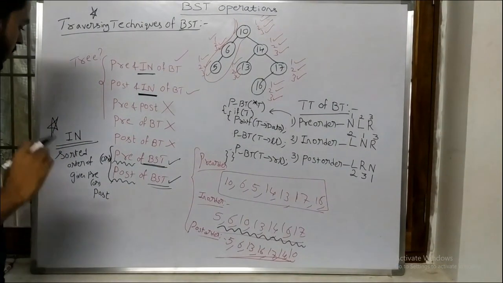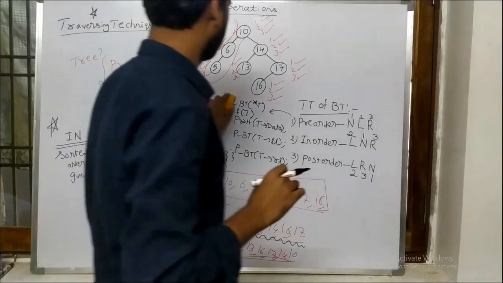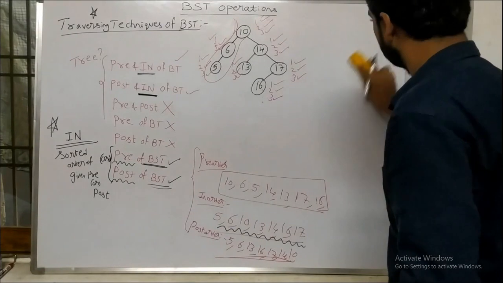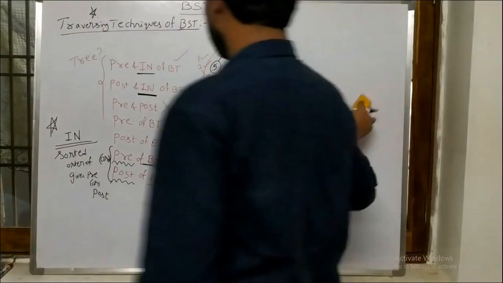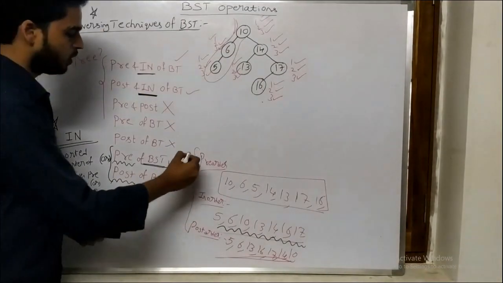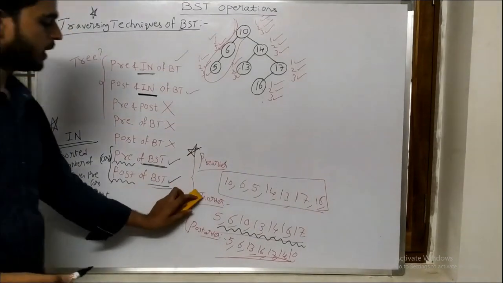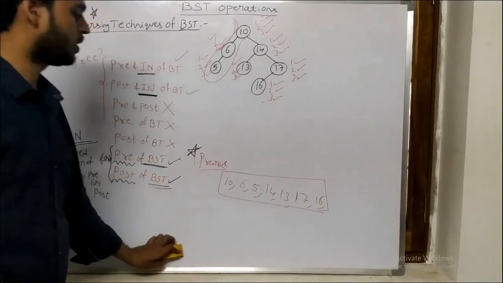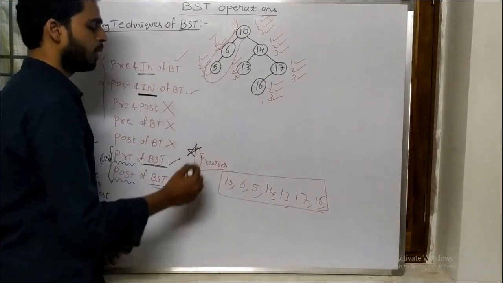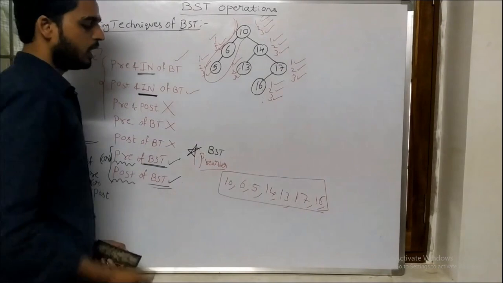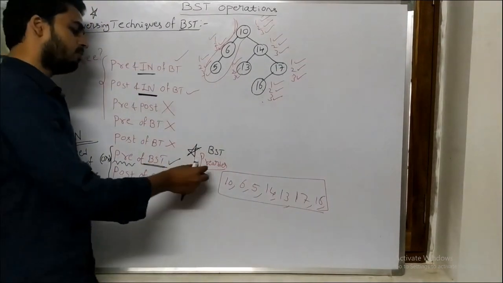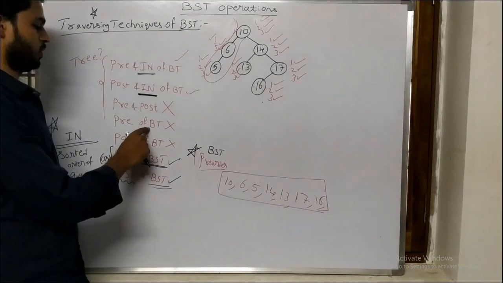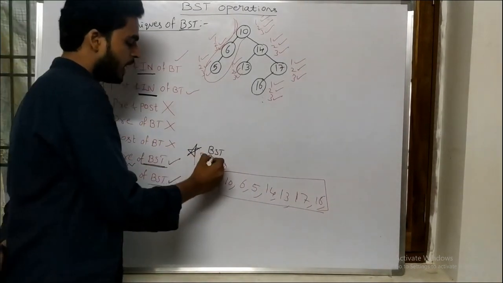Suppose, for example, let's see whether we can construct a tree or not. Suppose they have given only pre-order. Construct a binary search tree for the given pre-order technique they are asking. Then what we need to do? Generally, if it is a binary tree, we cannot construct directly with these rules. Right? But they have mentioned clearly as binary tree.